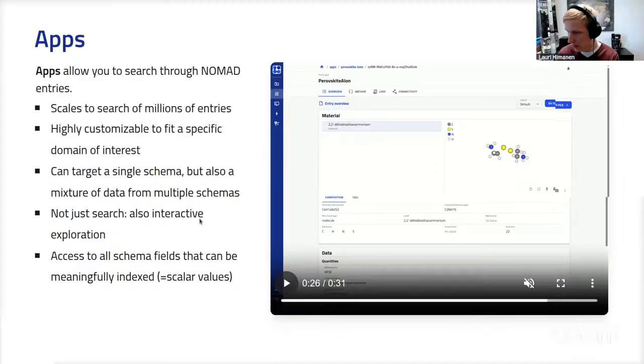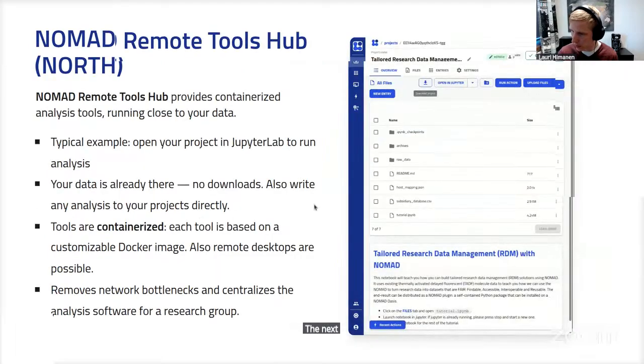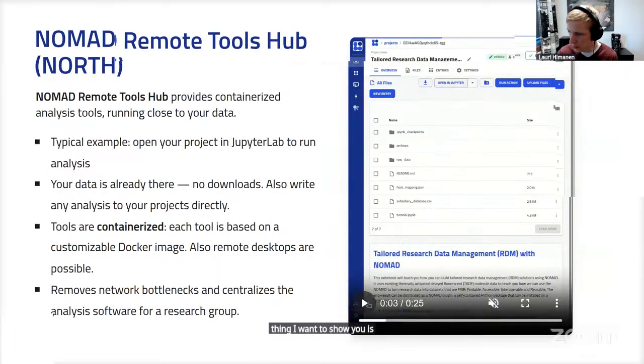The next thing I want to show you is the remote tools. So we have essentially built this way of providing containerized analysis tools that run alongside your data. And a typical example of this is opening up your data in a Jupyter lab.